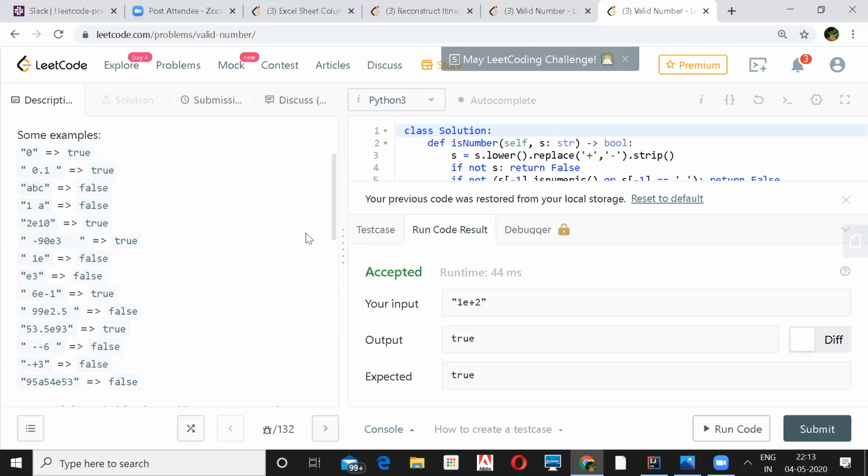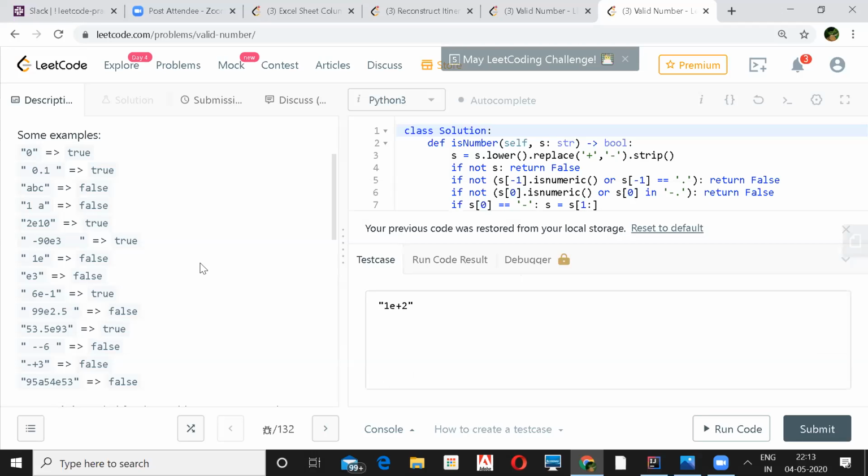If a decimal is not allowed after E, how will you handle that in the graph approach we talked about? Those are the valid and invalid cases we need to consider. In the graph, we'll need some way of validating that. For example, if you already visited E, you can mark it as visited, and if it comes again, it's invalid. Same with a sign: if it's not at the start or coming right after E, the positive and negative sign can't be there.